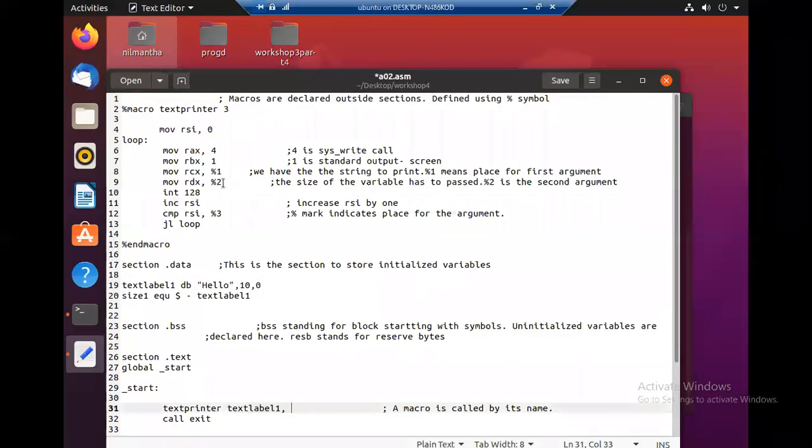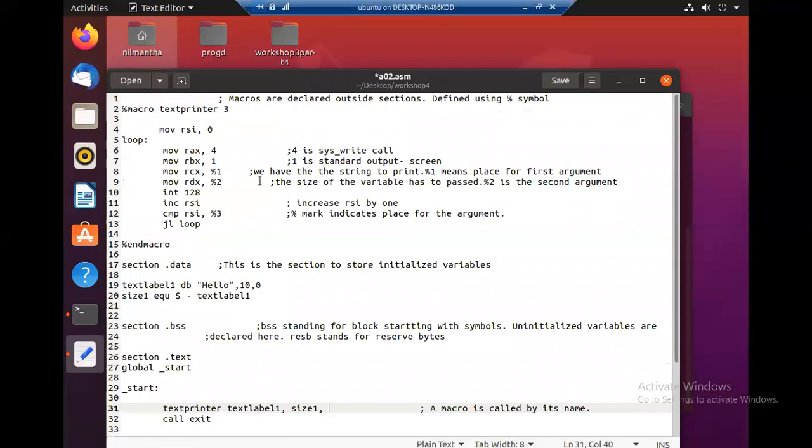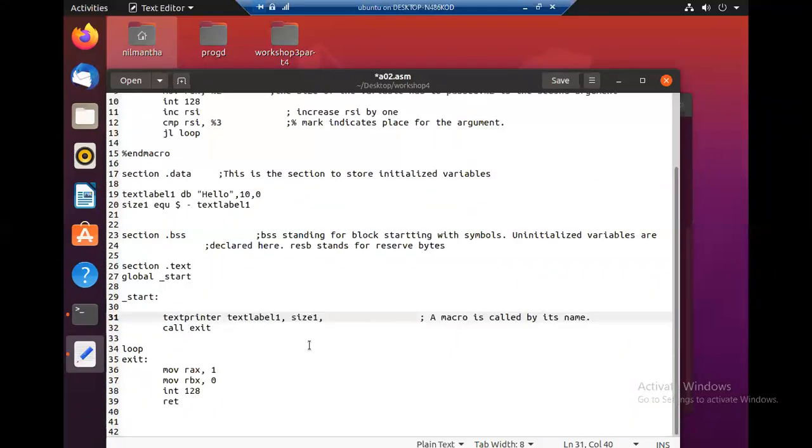And the second argument is the size. We have initialized the size to size 1. And the third argument is the number of times for this one to repeat. I'll say 5. So this is the name of the macro, then these are the three arguments when this macro is called.